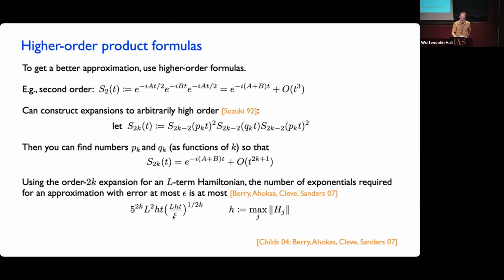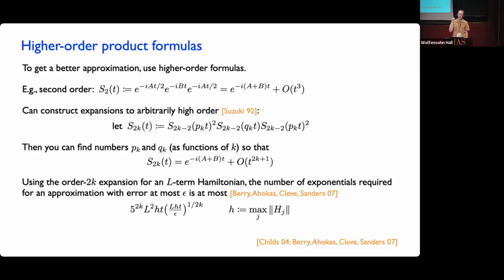And you can really give a bound like this. I think actually even the bound exactly as it's written, with explicit constants. So you see in this bound, following up on Daniel's question, there's not an explicit dimension dependence in the bound, but there is a dependence on the norms of the terms in the Hamiltonian. If those are big, that's going to contribute to the number of gates that you need. Let's look, for example, at the dependence on t. This is a factor that's linear in t, but then you have another term that goes like t to the 1 over 2k.